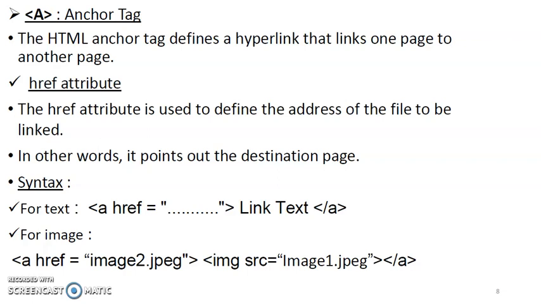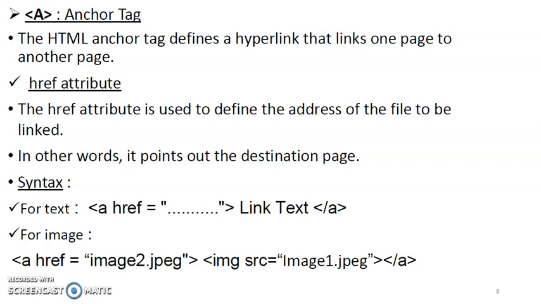Then the A tag is used with the href attribute. This href attribute is used to define the address of the file to be linked. Okay. So in other words, it points out the destination page.